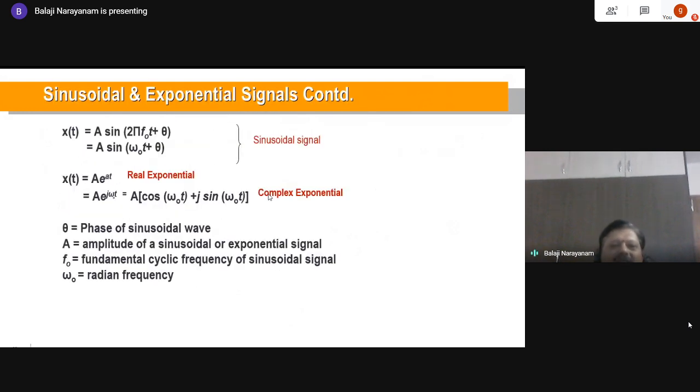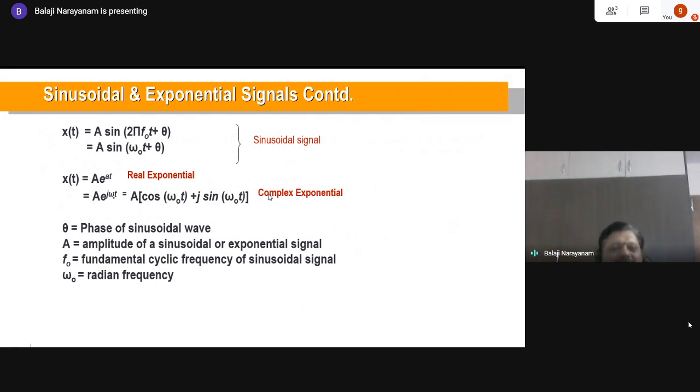Let us now see a sinusoidal signal with a phase shift, A sin 2 pi f naught t plus theta, where a phase angle theta is involved. We replace the linear frequency term with the angular frequency omega naught, A sin omega naught t plus theta, and we may express these sinusoidal and cosine signals